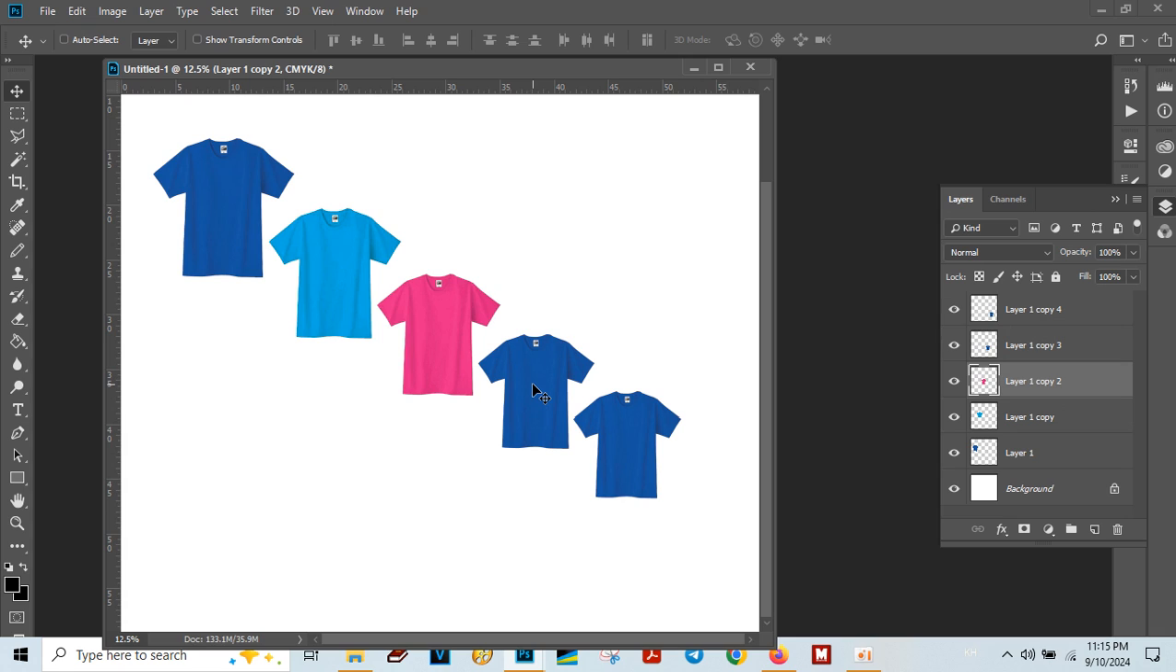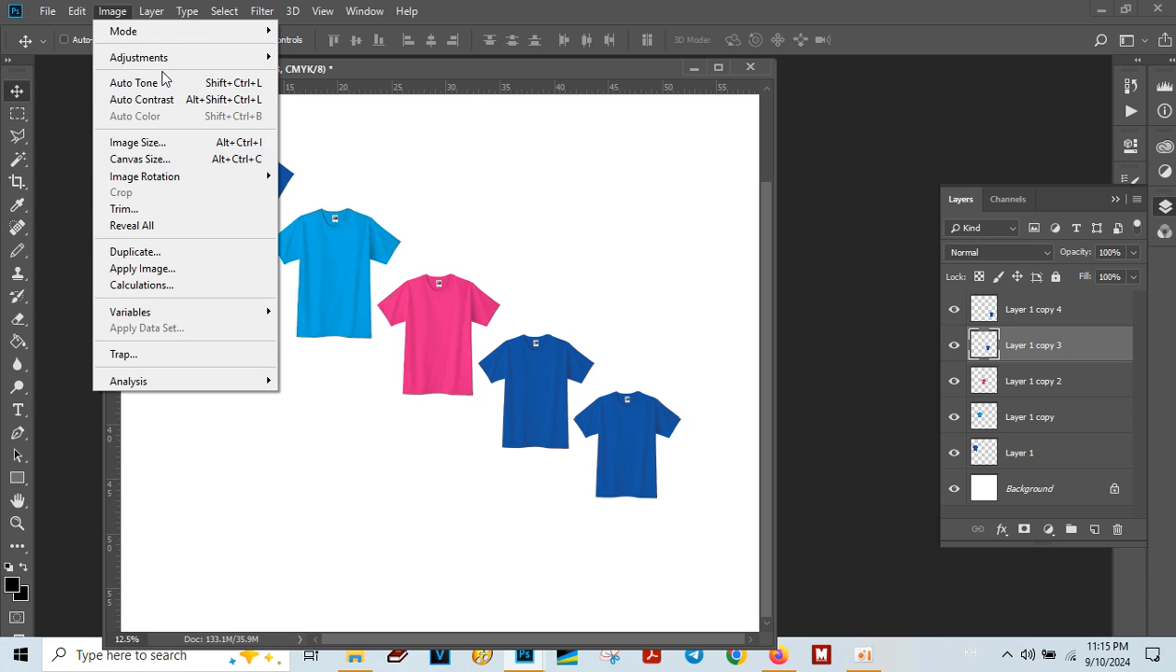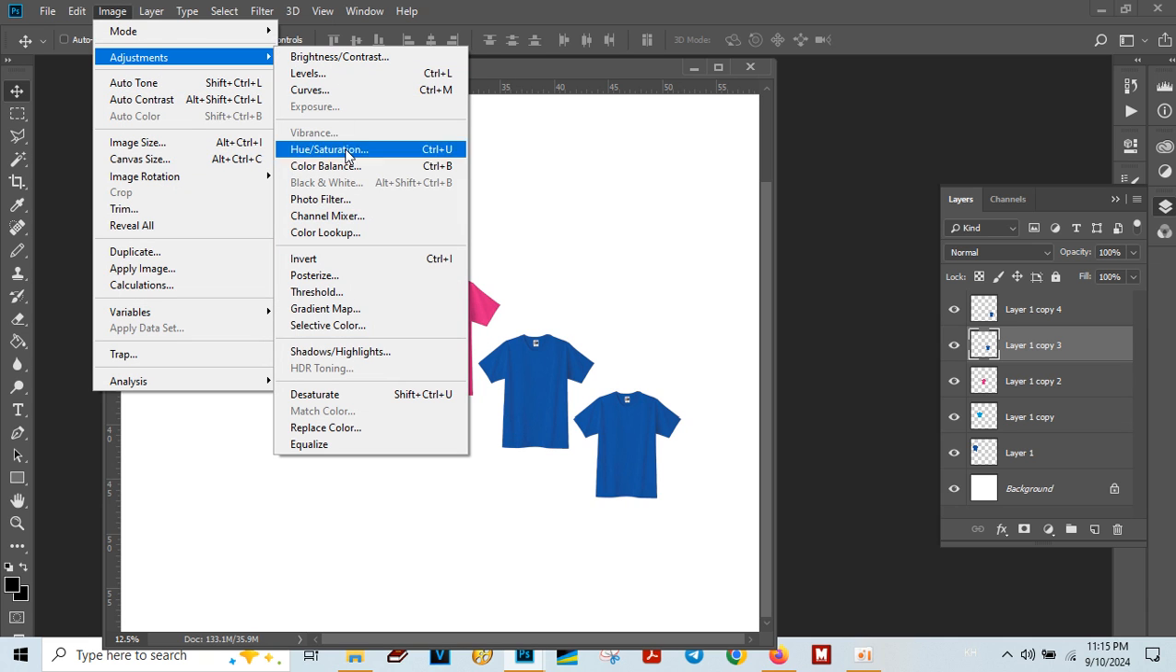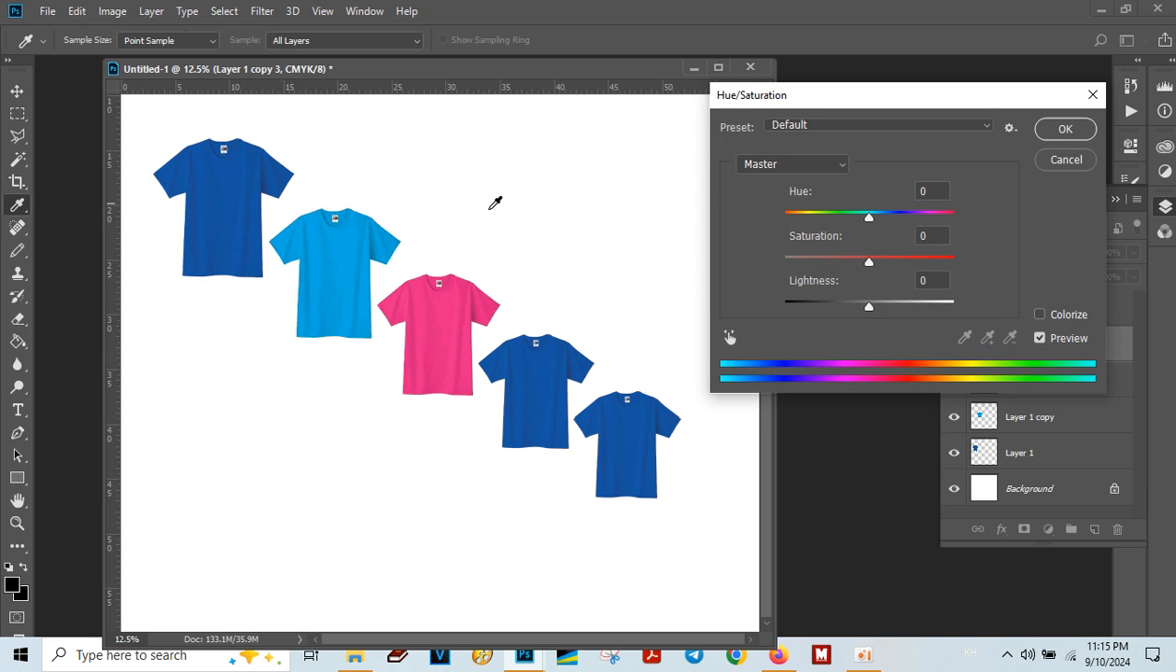So I click this one again, another t-shirt, image, adjust, okay, hue saturation, and then change the color. Yes, so I click OK